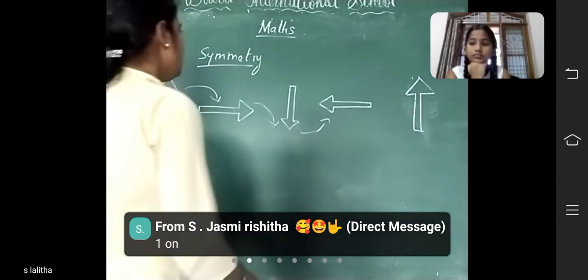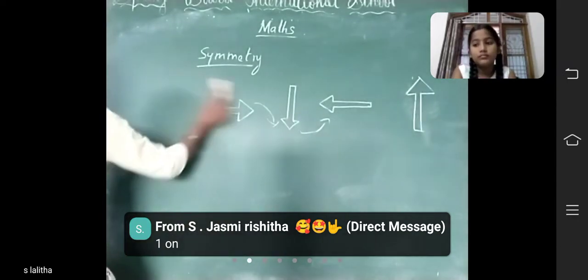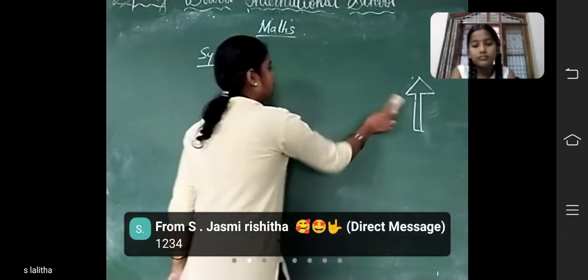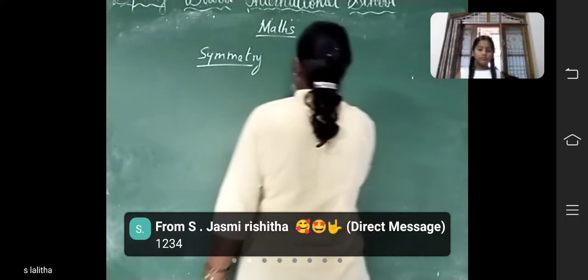All of you open your CWs, children. Put the heading rotational symmetry.